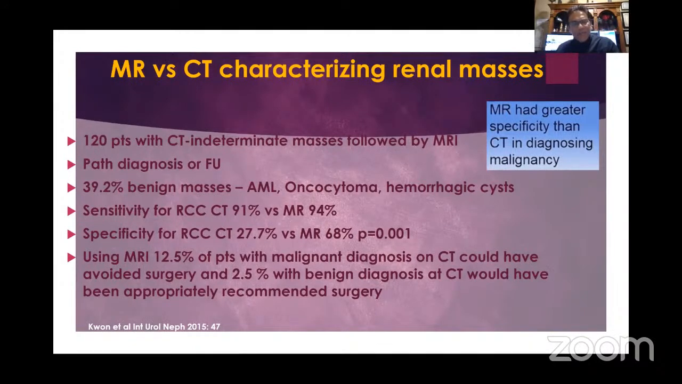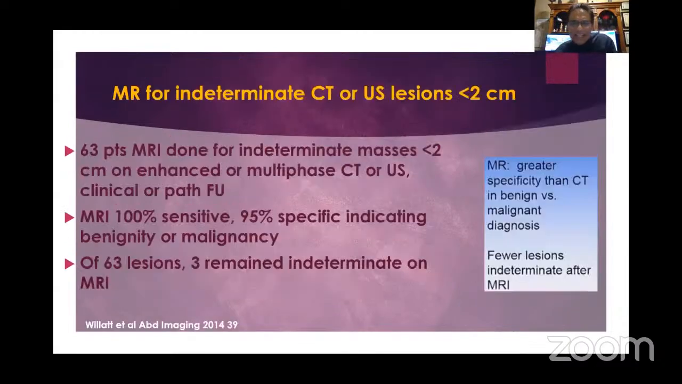Specificity for CT was only 28%. Remember, these are indeterminate lesions, whereas with MR, it was 68%. So using MRI, approximately 12.5% of patients with a malignant diagnosis on CT could have avoided surgery, whereas 2.5% of benign diagnosis on CT would have been appropriately recommended surgery, which was not done with CT scan. So